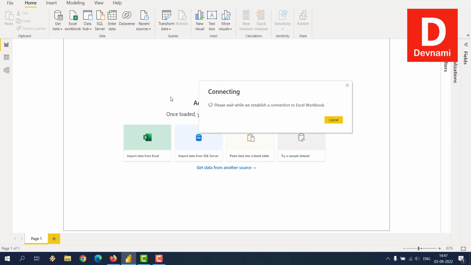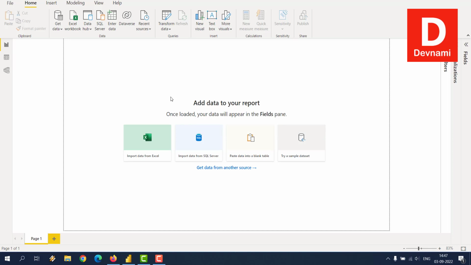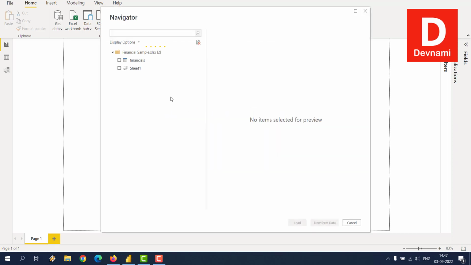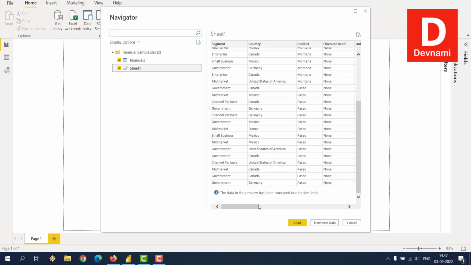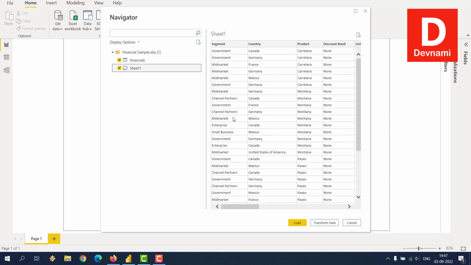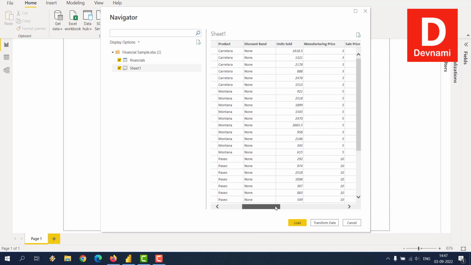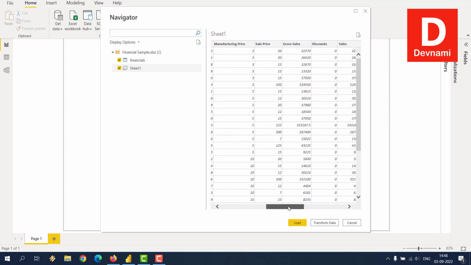Okay, it will connect and we'll try and download the dataset. So here you see you have this particular financials and a sheet. So what it is, we will take a look at. It shows a segment of government, mid-market and small business enterprise. Then there are countries listed, type of product, discount, units sold, price